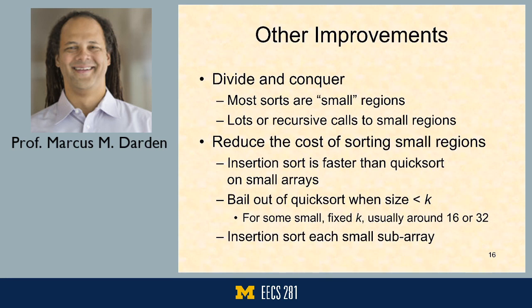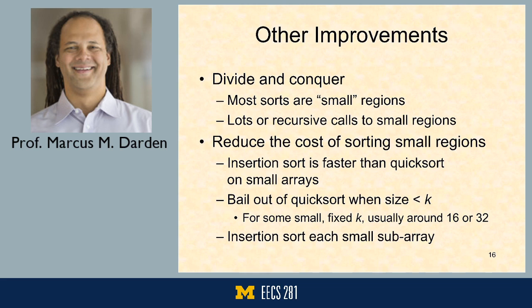Other improvements that we can look at. In divide and conquer, we understand that divide and conquer doesn't stop dividing until it gets to a base case. So what that means is we end up with a lot of sorts of size 0 and 1, because they're my base case. It's the only way to get out. So if I've got 50,000 items, I'm going to do a lot of sorts of size 0 and 1, like more than 50,000 of them. So we could speed things up by saying,